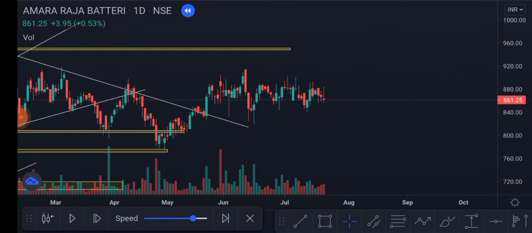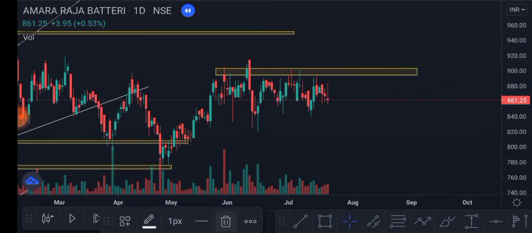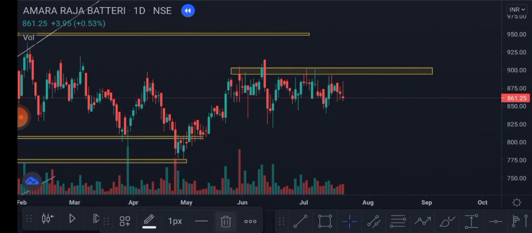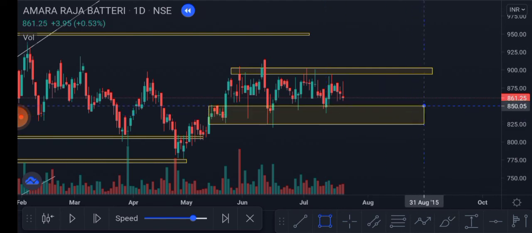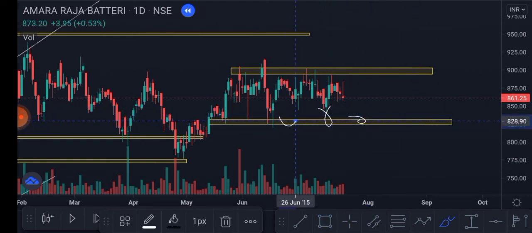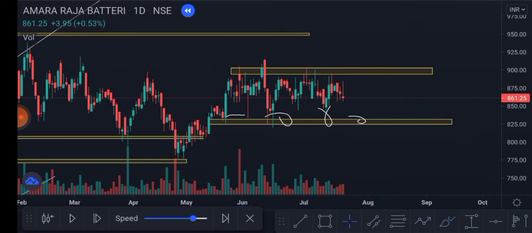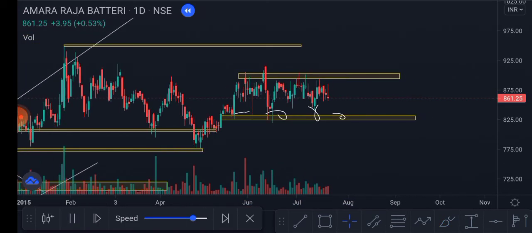Okay, I can see a big resistance over here. If this area is taken out, it will give a big blast upside, and this area, wait, I'll draw it. This area is acting as support. What I'll do is I'll add more stocks on this area. I'll add more stock, and I'll wait. My stop loss of those stocks will be below this area, so that I can maximize my profit. I'll start the trade now again.